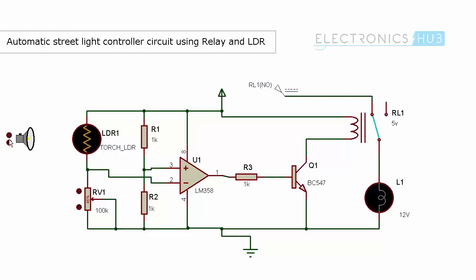So when the LDR is in dark, it will have high resistance. The op-amp compares the two input voltages and produces one positive voltage at the output. The relay switches and the bulb glows. When the LDR is placed in light, the negative terminal will have more voltage compared to the positive terminal. So the output of the op amp is almost 0, which is applied to the relay, and the bulb is switched off.